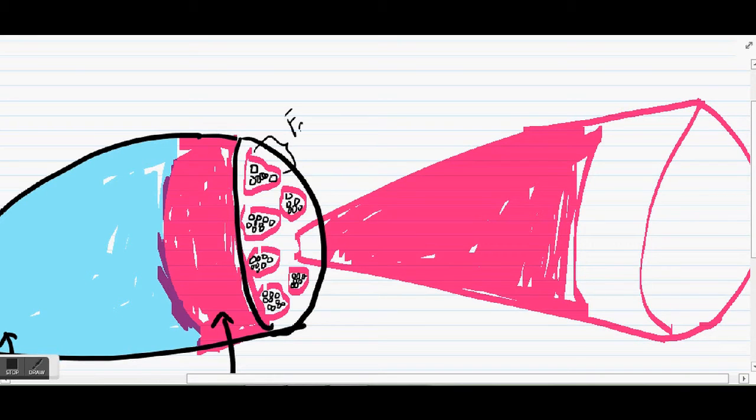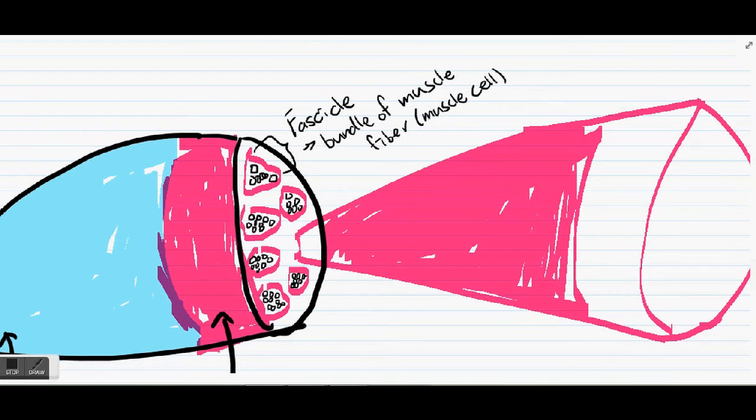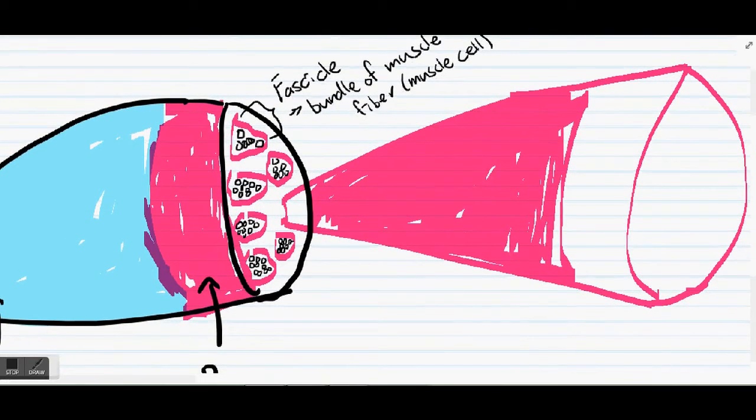Okay, so a fascicle is basically a bundle of muscle fibers. And again, one muscle fiber means one muscle cell. It's just a special name we give to a muscle cell, just like we call a brain cell a neuron. So when you have a group of muscle fibers that is surrounded by the perimysium, you get the fascicle. Okay, so what we've done here is pull out a fascicle,